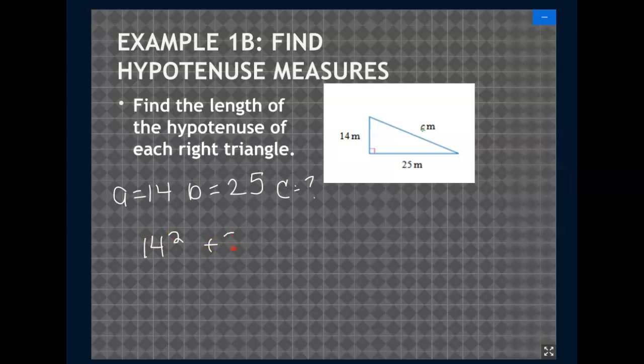And then you have 14 squared plus 25 squared equals C squared. 14 squared is 196. 25 squared is 625, equal to C squared. So when you add them together, you get 821. And that is not a perfect square. So on your calculator, you would use your square root function, and you should get